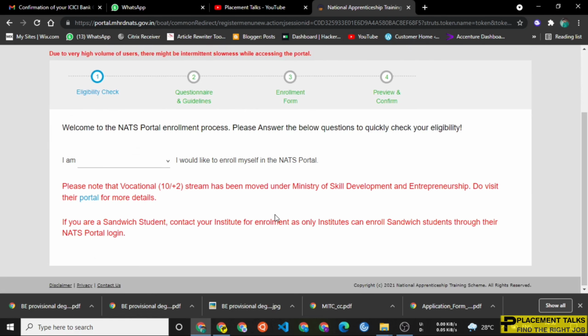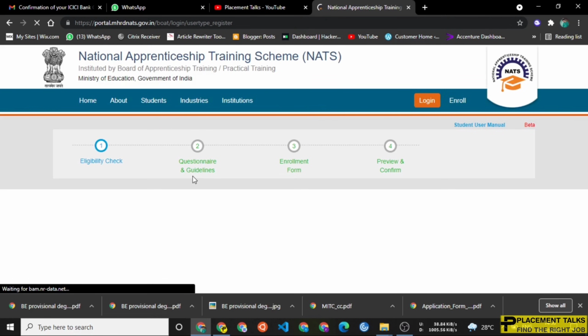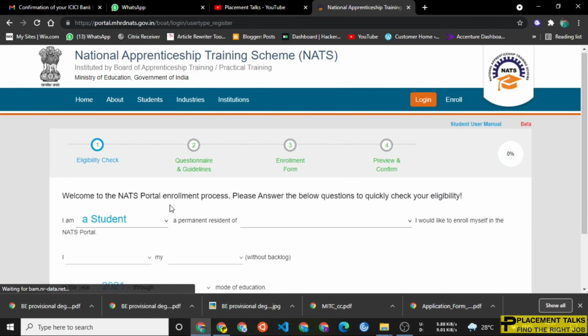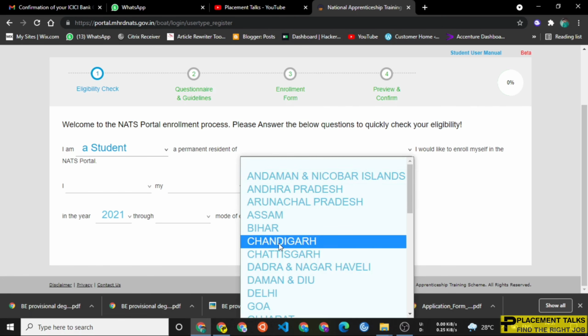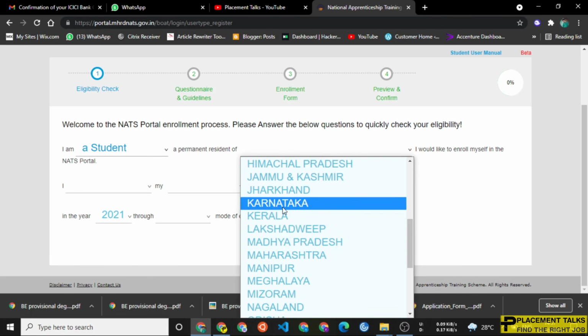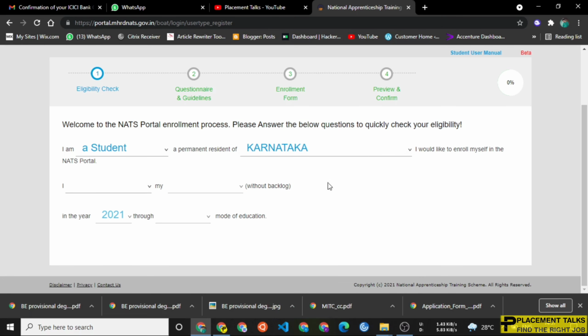First, select whether you are already a student or an employee. So first you are applying, you need to select as a student. I am a student. Then it will load another questions, like wait for some more minutes, it is loading. Then here we need to select the state of your present area, like for example mine is Karnataka. Let's select Karnataka. Then it will ask for other details, like my graduation has been completed,